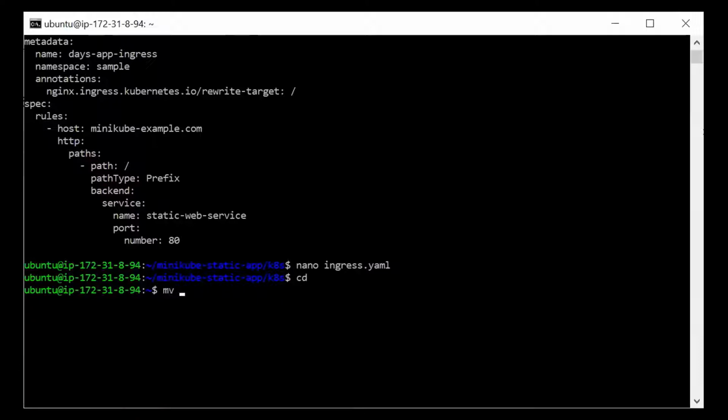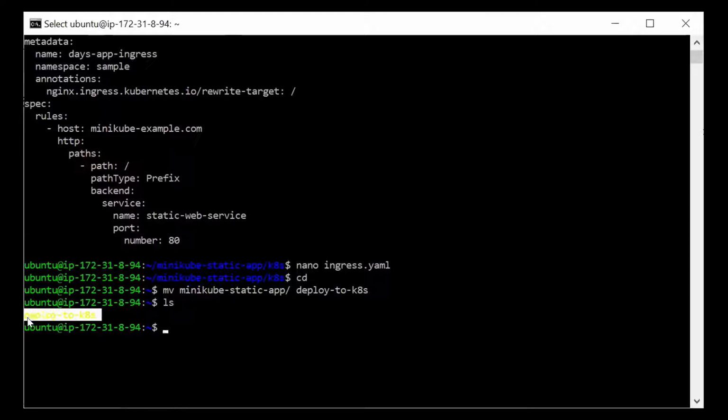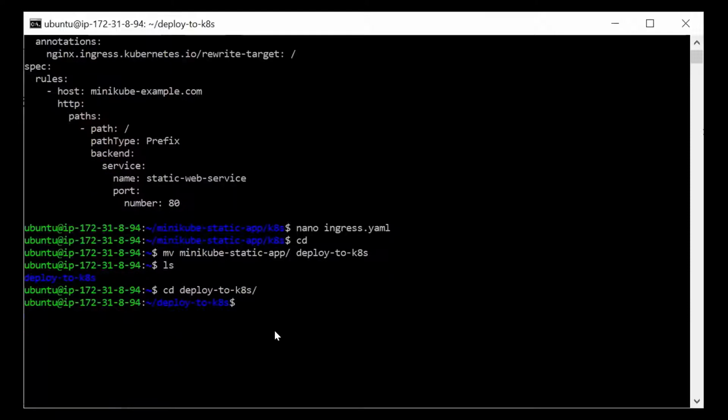So mv minikube deploy-to-k8s, ls. It is like renaming; the command renames this folder to this folder. Okay, now cd deploy-to-k8s, ls. We have all this, right?